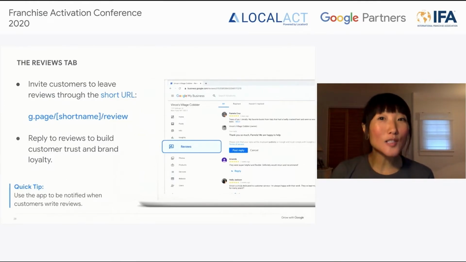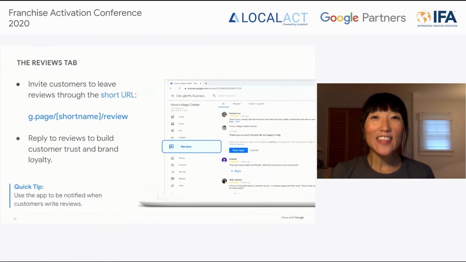Within your business profile, you also have the option to reply to reviews. This is so vital because no one gives permission to customers to leave you reviews. Customers will take it upon themselves to leave reviews, whether positive or negative. But you want to encourage your happy customers to leave you reviews. You can encourage people to leave you a review through the short name function that we talked about earlier. Once you create that short name, you can create a custom URL that will lead people directly to your review